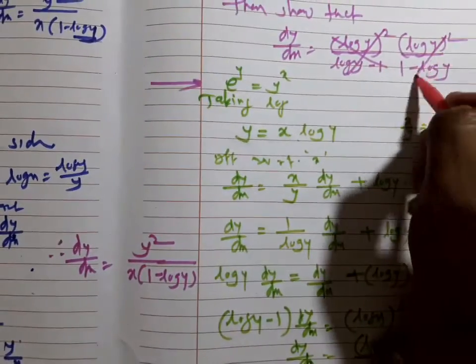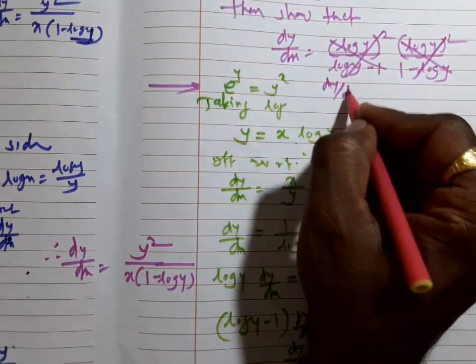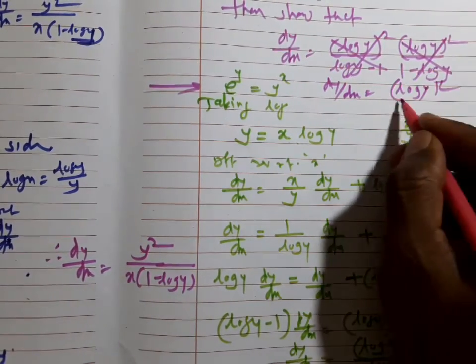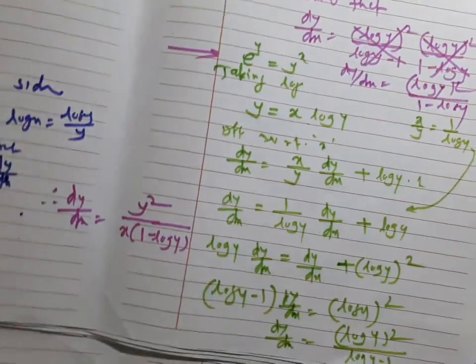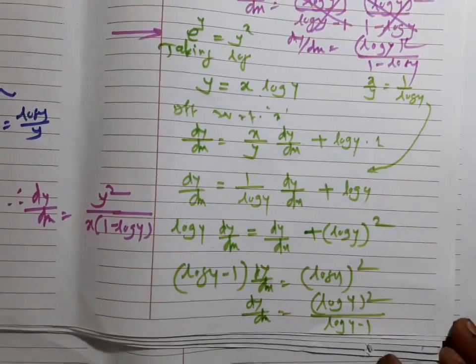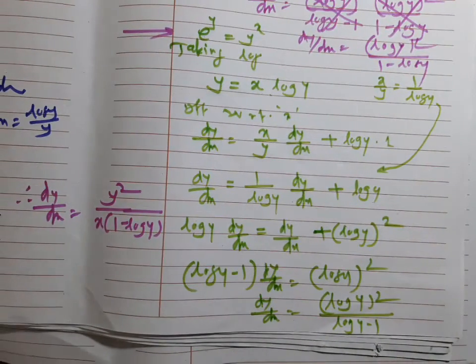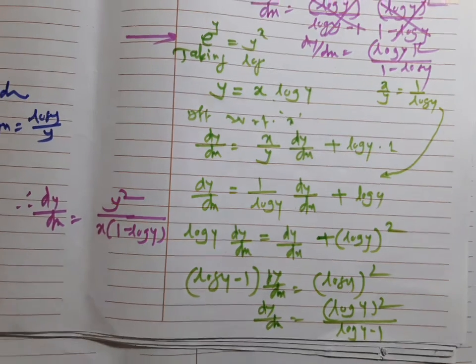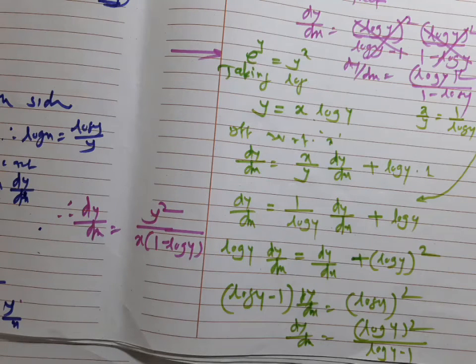Now this is right. It is my mistake, sorry. We have to prove this as log y square upon 1 minus log y. So I am going to conclude the problems on logarithmic function and implicit function. There is no limitation, as I told you earlier. Derivatives, we can solve so many examples. There are varieties of examples. So I conclude up to the 17 examples based on logarithmic function and implicit function.